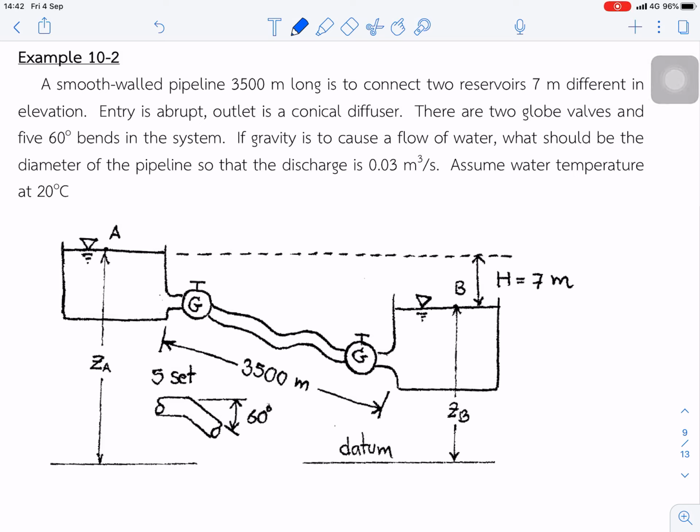Example 2, a smooth wall pipe line, 3,500 long to connect the two reservoirs, with a 7 meter difference between reservoir A and B. And the entrance is abrupt, so that is the entrance,